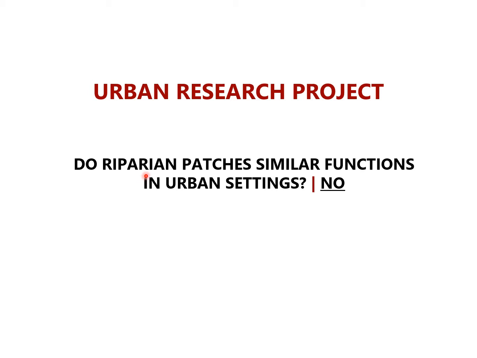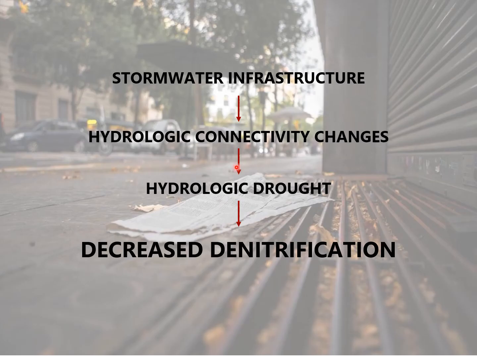It's called a riparian patch, and these patches usually have functions like removing pollutants and filtering water and things like that. So they wanted to understand, do riparian patches have similar functions in urban settings? And they found that they don't. And for the reason of that,